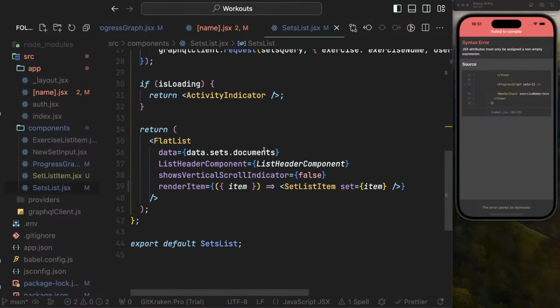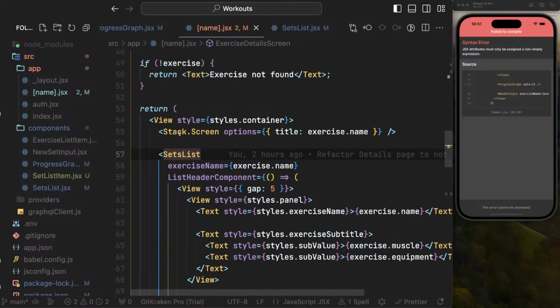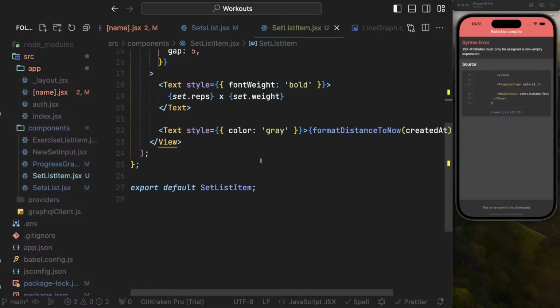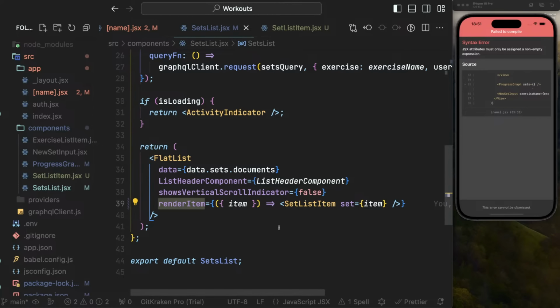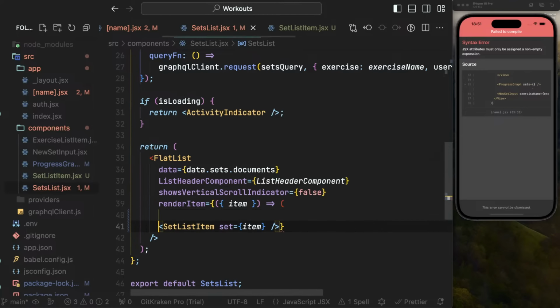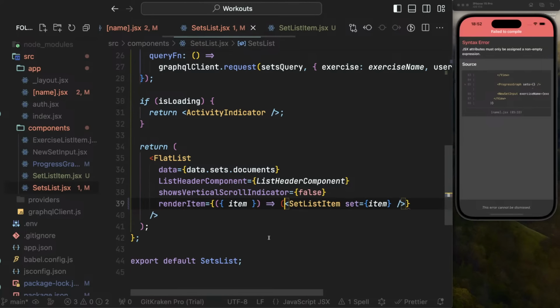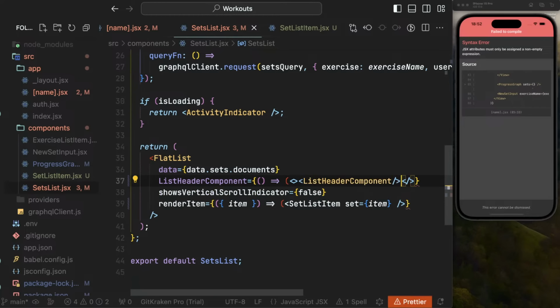But sets list, yeah, because we don't have access to the sets inside our details page, we only have access to it in the sets list. I think I'm going to move the graph to be rendered in the sets list itself. Wait a second, no, not like this, but in the list header component. I'm going to expand this one to first render the list header component that we receive from the parent, and then if I do it like this,